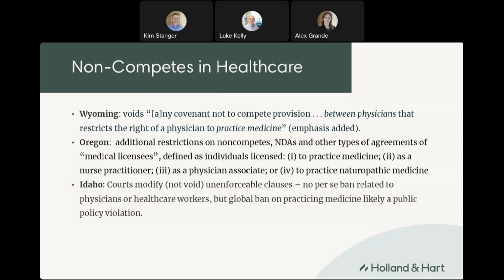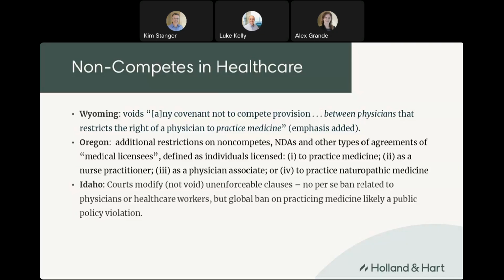Wyoming, which was frankly a little surprising, I think, to many, recently came out with a pretty broad prohibition on non-competes, but one of those focuses on physicians. And this one is interesting because it also says something about between physicians. So the question that practitioners are trying to sort out there is, what does that mean for mergers and acquisitions,